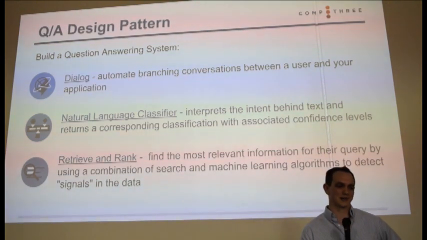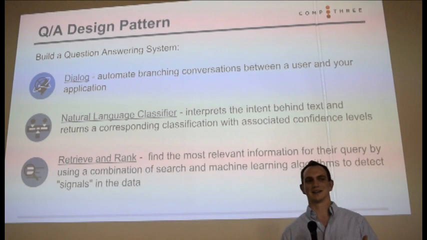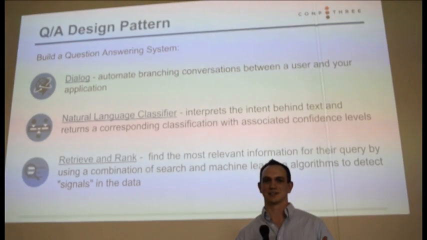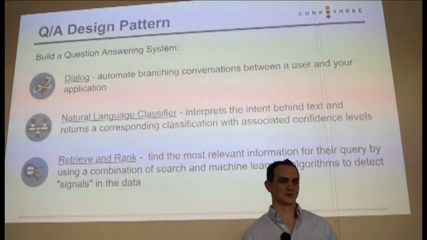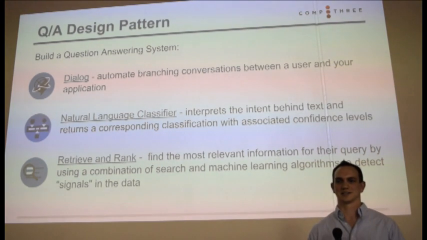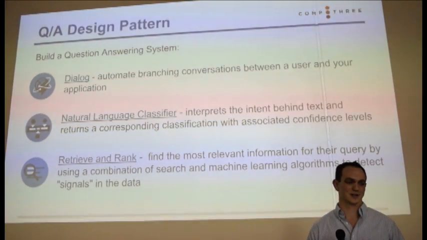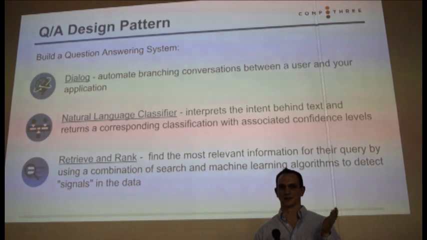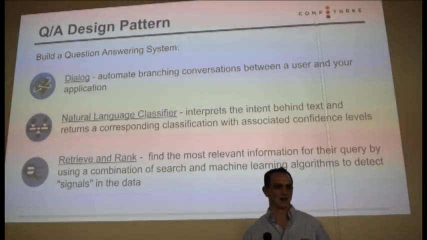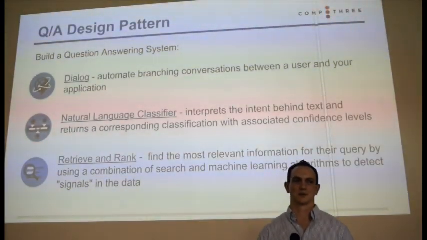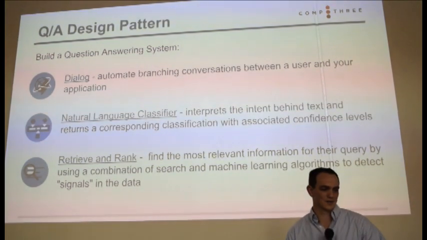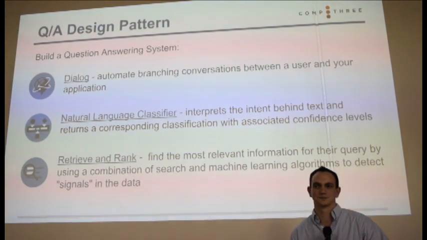The next is the natural language classifier. You need to take these human responses that are coming in and try to classify them into something that you're expecting. Like, is this response a valid response to the size of a pizza? Or is this response valid to an ingredient list that I need to then put through to the request for the pizza to be made? So the natural language classifier does a good job of that.